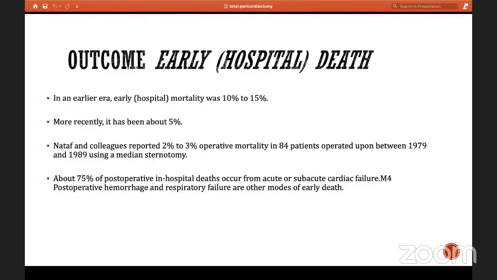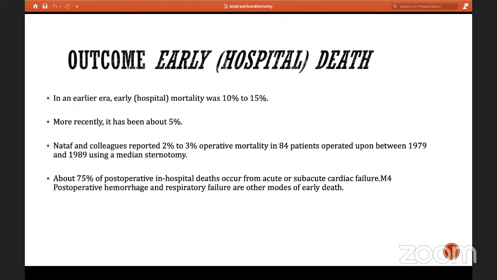As I said, the operative mortality is very high for these patients, and the reported early hospital mortality was 10 to 15%. More recently, with advances in cardiovascular surgical techniques and the introduction of cardiopulmonary bypass, it has been reduced to about 5%. One of the studies, Nataf and colleagues, reported 2 to 3% operative mortality in 84 patients operated upon between